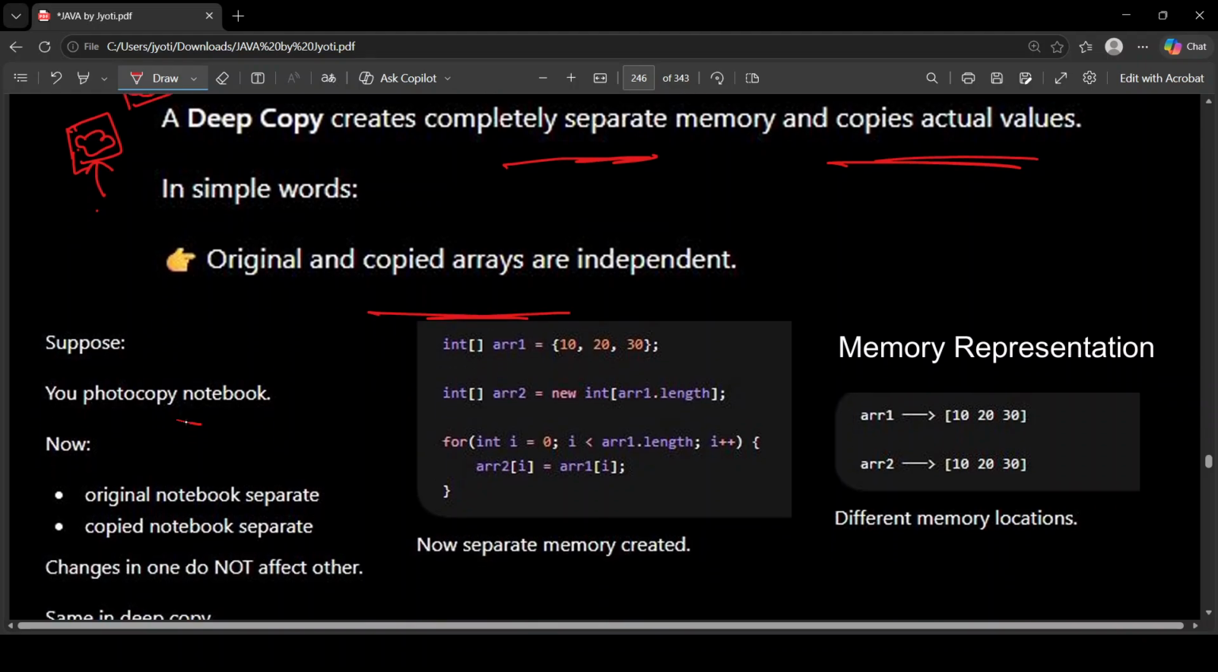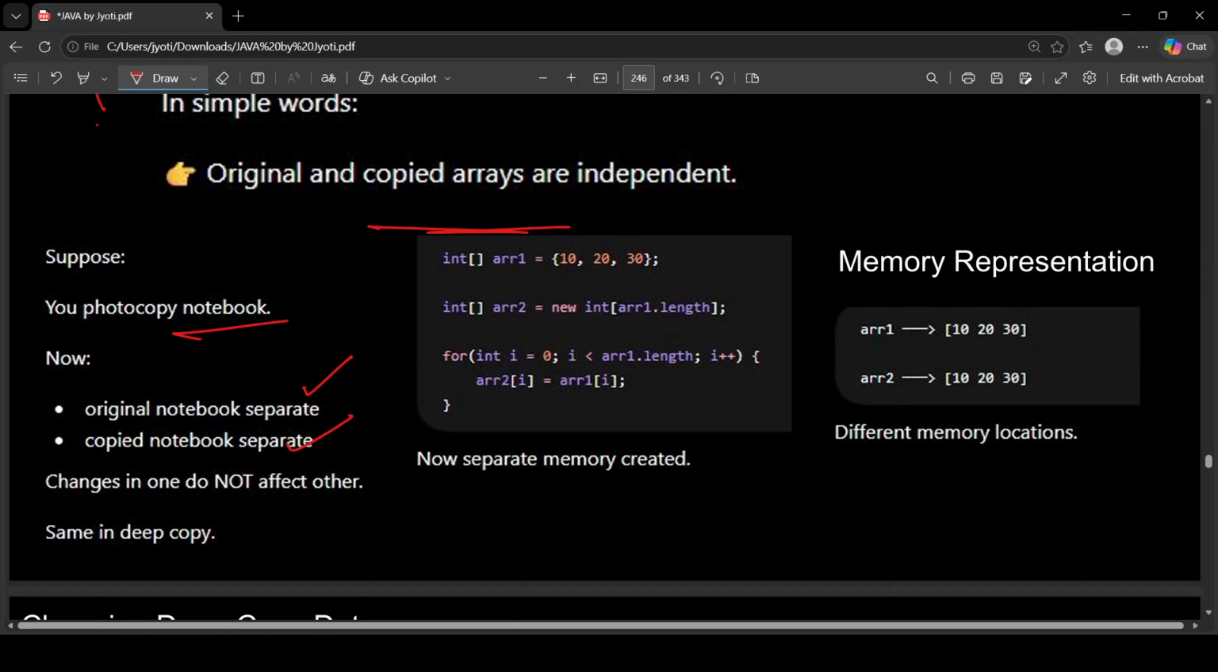Or you can think of it as photocopying a notebook: the original notebook is separate and the copied notebook is separate. Changes in one will not affect the other. That is the same concept we have in deep copy. For example, you have array 1 with three values 10, 20, 30, and in array 2, how do you create this copy? If you have int arr1 equals some values like 10, 20, 30, to create a deep copy, what were you doing before? You were taking